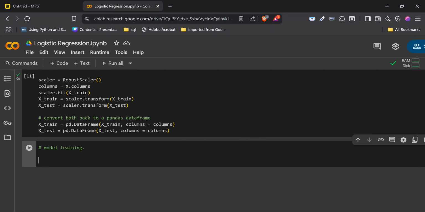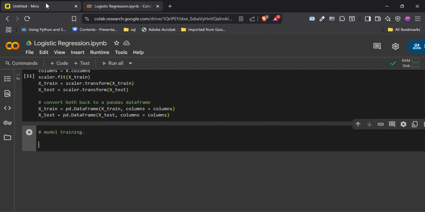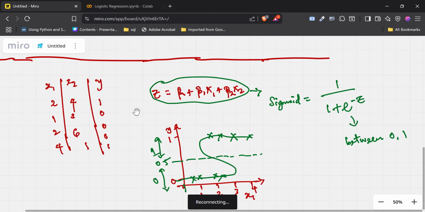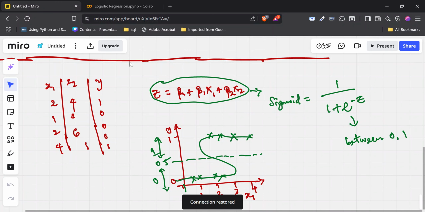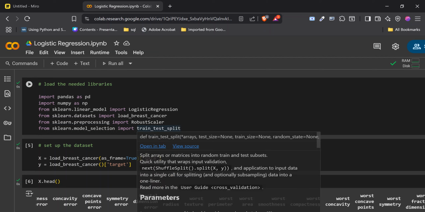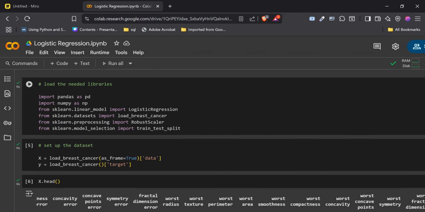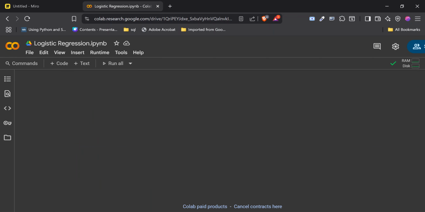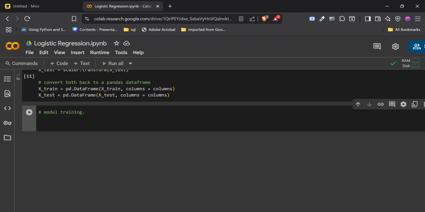Let's train the model, and this is the part where we actually do all of this modeling and stuff. But like I always say, Sklearn has already done the majority of the heavy lifting for us by giving us this particular class here, this logistic regression class. So all we have to do is come and say